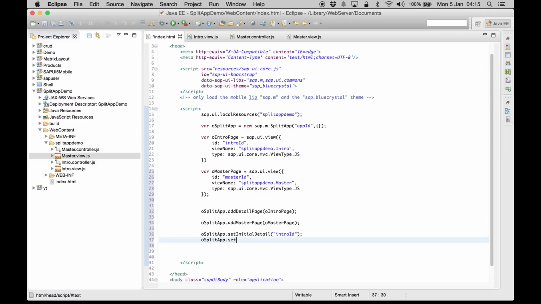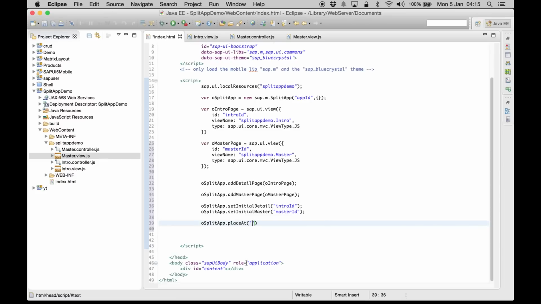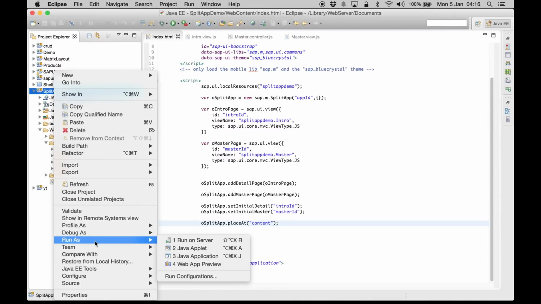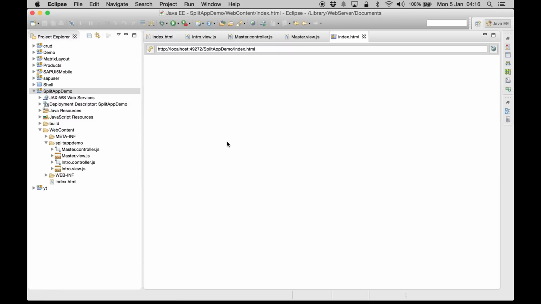So split app dot set initial master, and this is going to be the master ID, which is this. And after we are done with that, we are going to place the split app inside this div, which is content. So we're going to pass content over here. That's it, right? Now we can go ahead and preview this, run as web app preview,